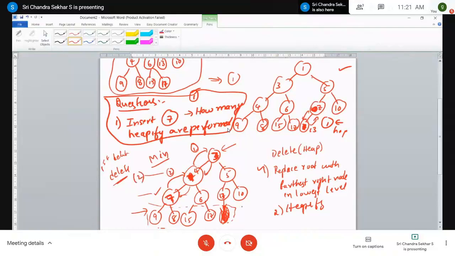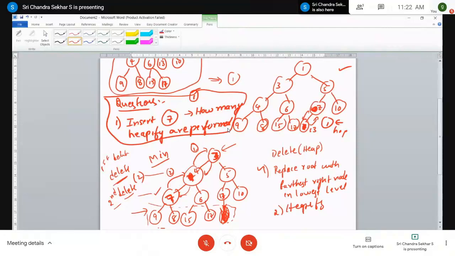Now, if you want to perform the second delete operation, this is very important. So you may be asked questions like, you will be given a list of elements and he will be asking you how many heapify operations are performed for the first delete operation. Therefore, you have to construct the heap and you have to perform the first delete operation.